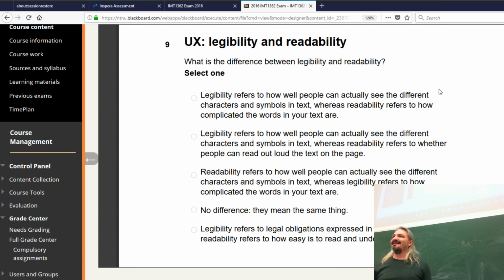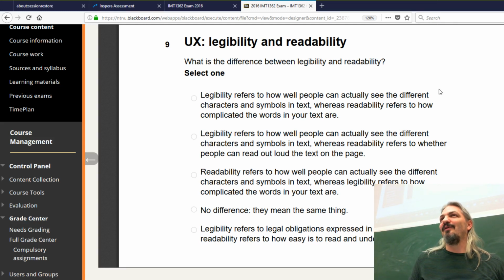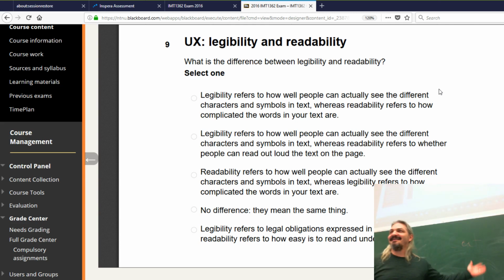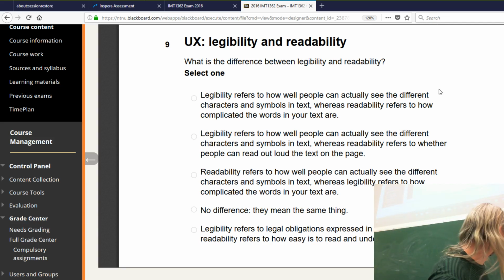Right? Now, readability, you can read it, so the word cut and the word cat is not beyond your comprehension, right? The reading level is like, you can read it if you knew what it was, right? But it might not be legible, or I might have written it, right? And then you just can't physically see it, right? So it's not legible. You have to squint and try to work out what I just wrote.